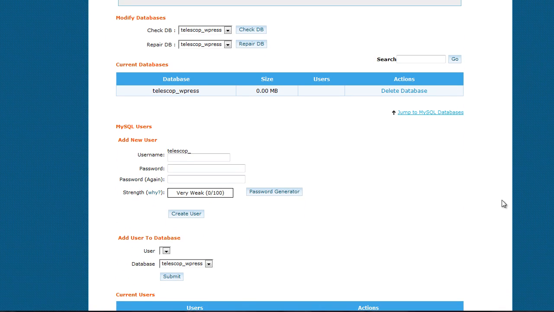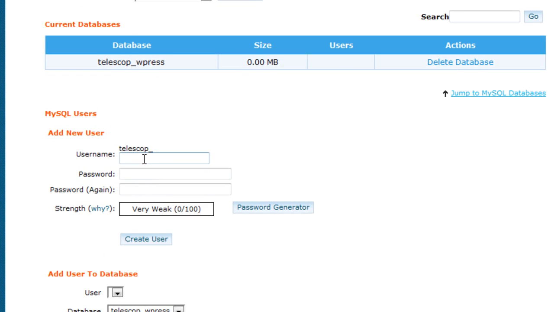Scroll down until you find the MySQL Users Add New Users section. And we're going to do username, WordPress again. The password, you want to use something a little complex. This isn't the same as what you'd log into WordPress. This is the database password, so you're not going to need to remember this, but choose something difficult anyway. We're going to want to enter it twice. I'm just going to pick one here, and you can see it in a second on the next screen. It says very strong. Then you click Create User,